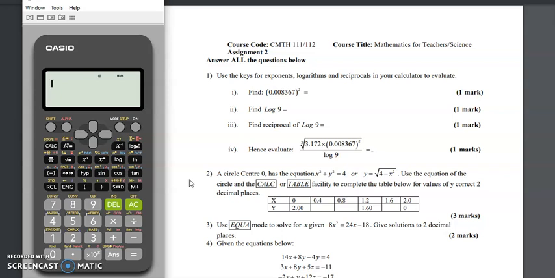Today I want to take you through the use of calculator, and for those that will be joining us in